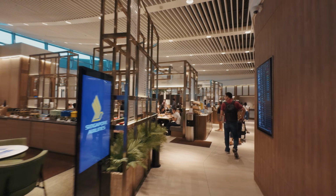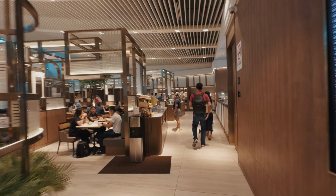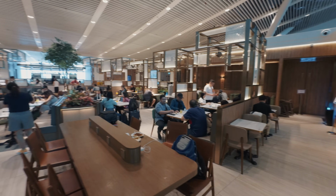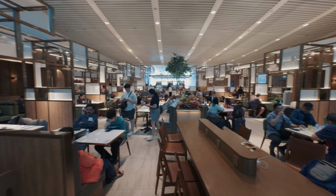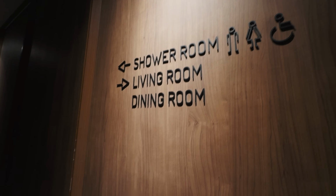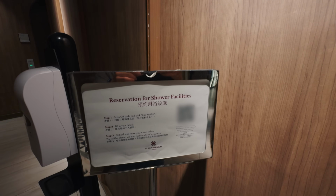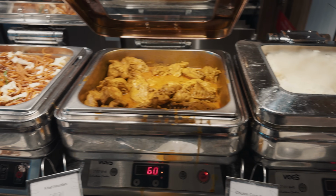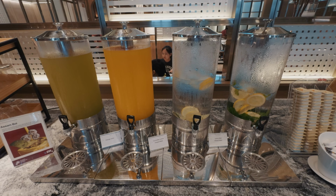The lounge was really busy and it was tough to find a decent spot, especially since the lounge wasn't that big, and the staff were a bit slow to clear the empty tables. If you're on a layover, there are shower rooms available, although I'm not sure how long the wait would be during peak hours. In terms of food, the lounge had a decent food and drink selection, but what caught my